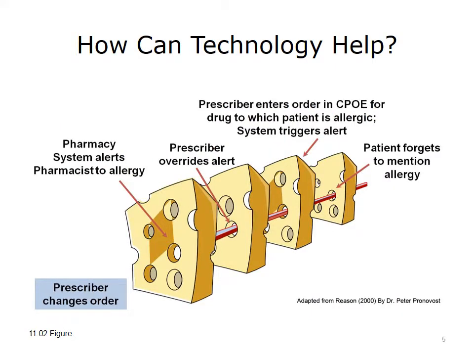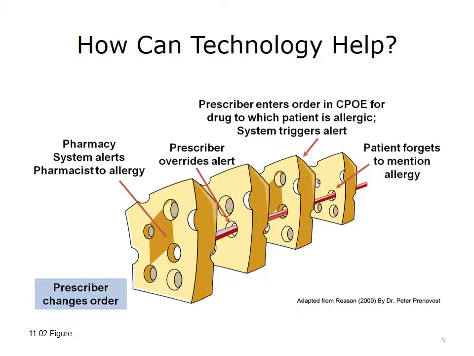In the kitchen, each slice of cheese that you add to the stack introduces a new layer that potentially covers one or more holes in the slices below. In healthcare, we may need several Swiss cheese slices. Take this slide, for example. When the patient forgot to mention that he had a drug allergy, a hole appears and the potential for risk is increased. If the allergy had been documented in the electronic record at a previous visit, when the prescriber entered the order in CPOE, the system would trigger an alert, telling the prescriber that the patient is allergic to the drug. The system provides a defensive layer.